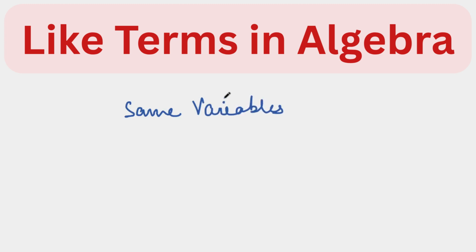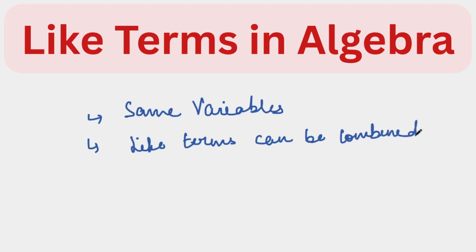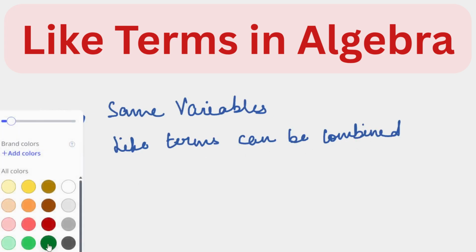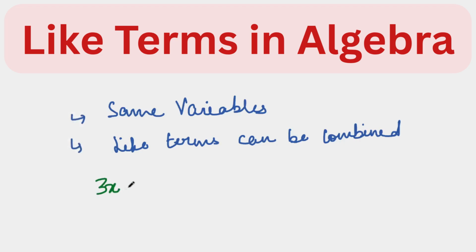Now, why is it important to identify the like terms in an algebraic expression? Because like terms can be combined, okay? Like terms can be combined. When I say combined, it means we can perform various mathematical operations on them. So if you have 3x and 5x, you can add them, you can subtract them, you can multiply or